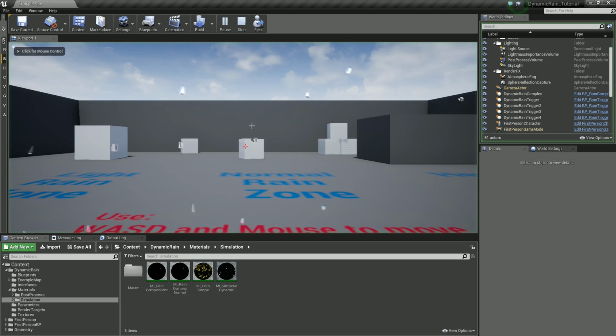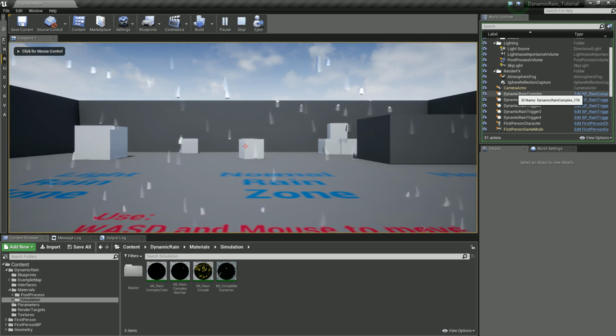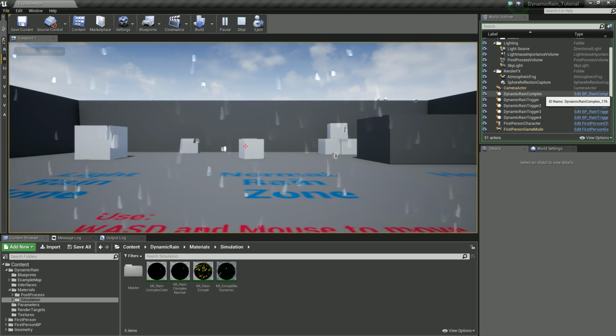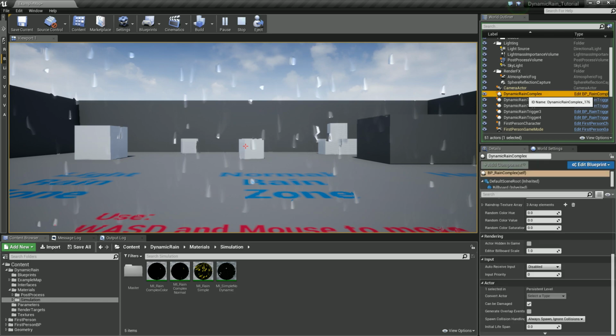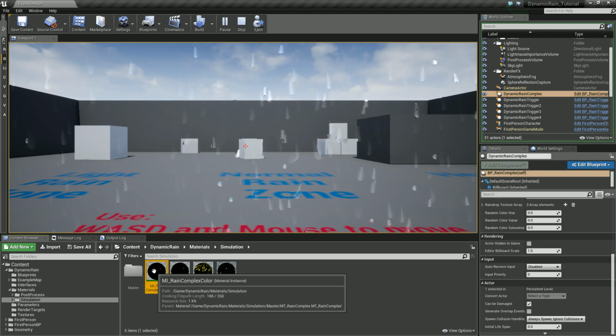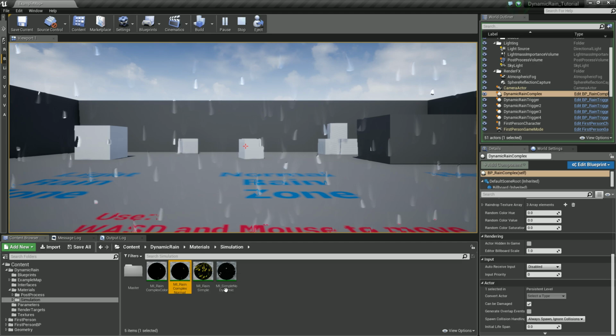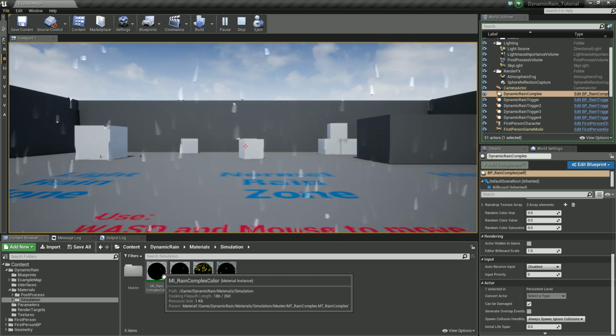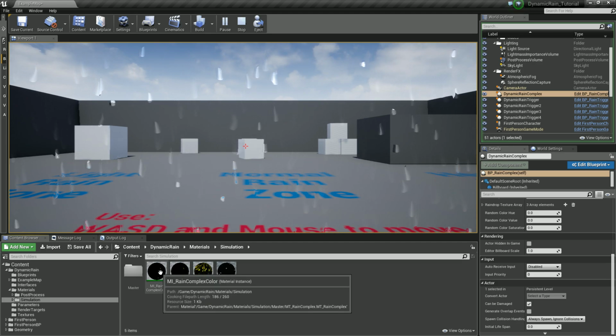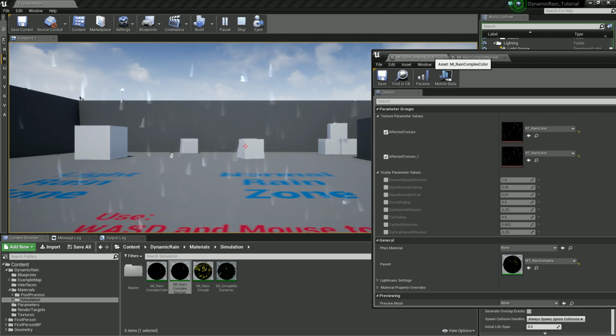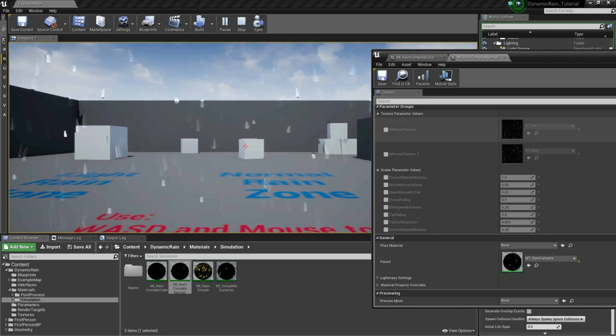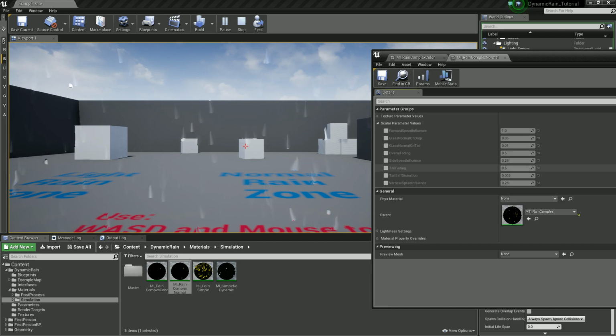Let's hit the play button. So we are using dynamic rain complex. This actor uses these two materials. These materials are almost the same. They just use different texture targets. Do not touch this one. You shouldn't touch it. There is a set of parameters like fading,